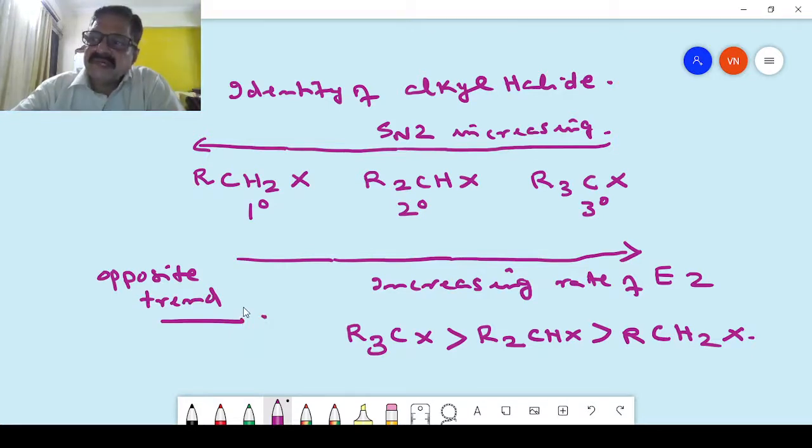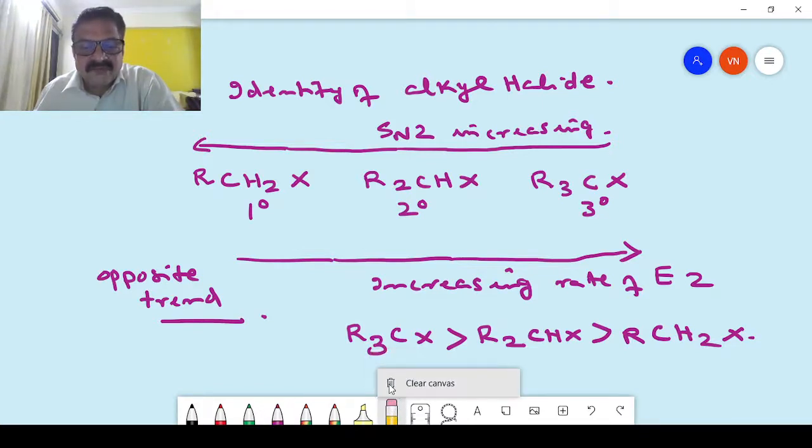Now, we have seen that in the case of an alkyl halide containing different beta carbons, not similar beta carbons, but two or more different beta carbons, two different types of alkenes are formed. But we have not examined which alkene will predominate. So there is a rule for that. That rule is known as